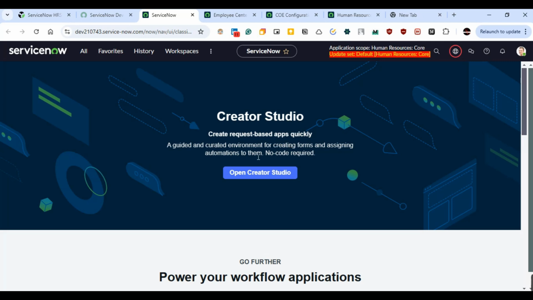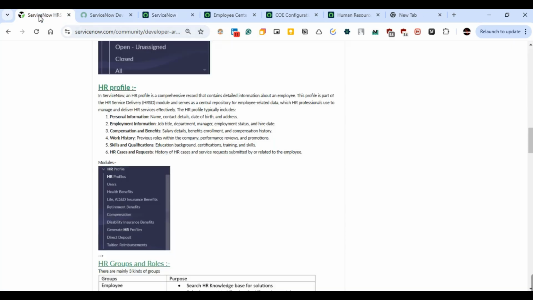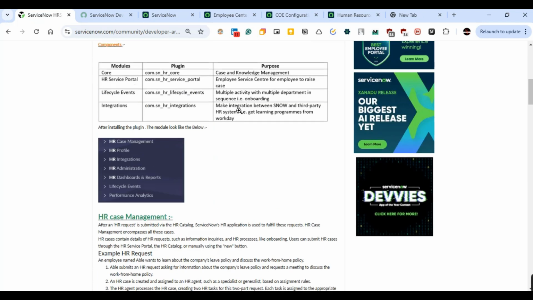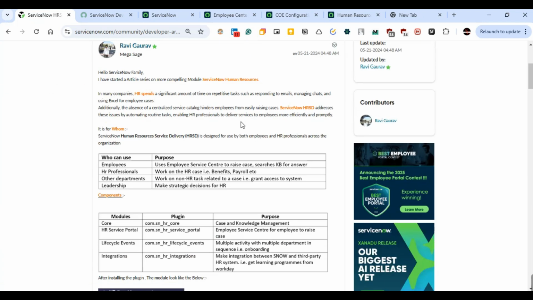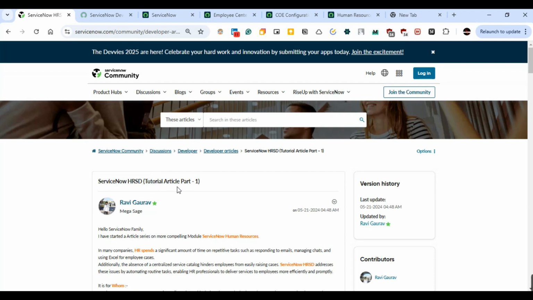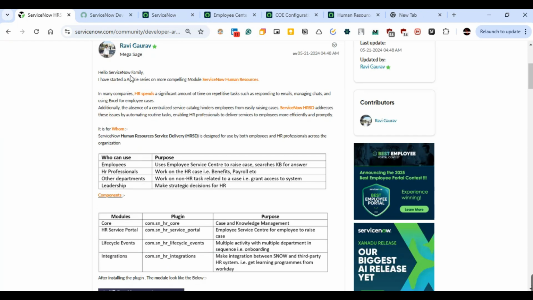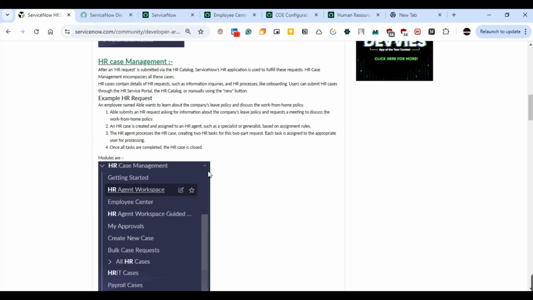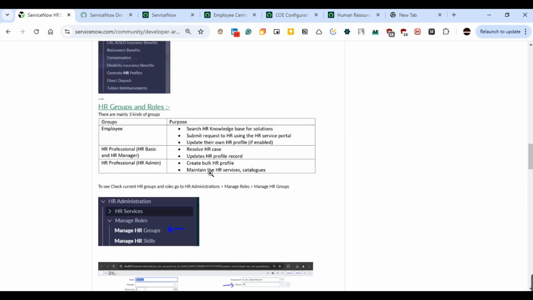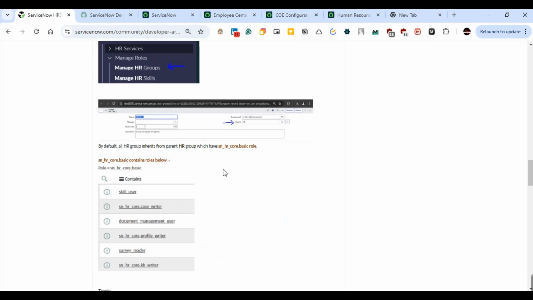And also, in the ServiceNow community there is a tutorial for HRSD. ServiceNow HRSD, it's by Ravi Gaurav. Do check this out. It will give you some more information about HRSD. I will provide this link